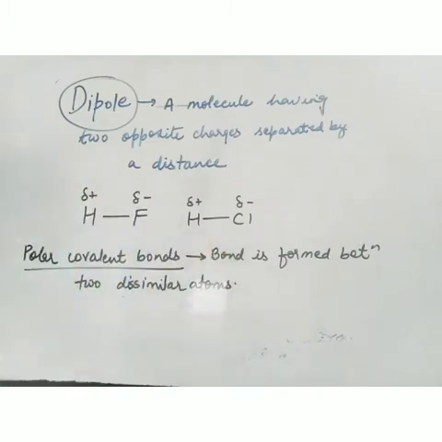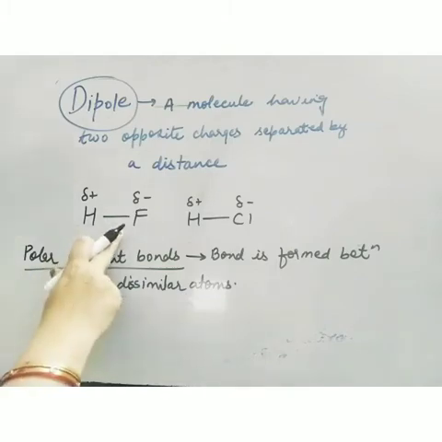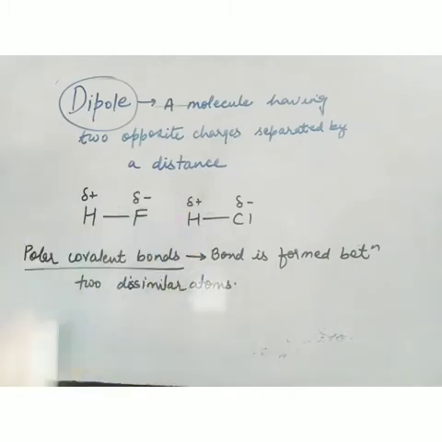So this is a polar covalent bond, or we can say the molecule is polar in nature. Polar means polarity. Polarity means dipole. So all these terms are the same: polar covalent bond, polarity, dipole, they are one and the same thing. The molecule has a charge, positive as well as negative, and whatever positive charge is there, that much negative charge is also present. Now this is also a polar molecule, a dipole. This is also a polar molecule.